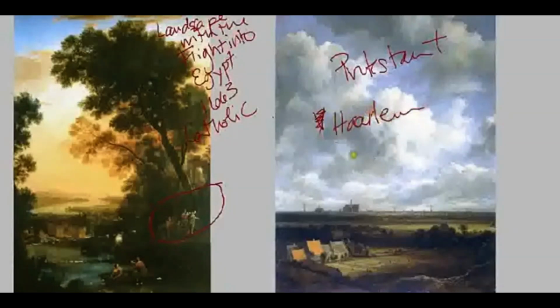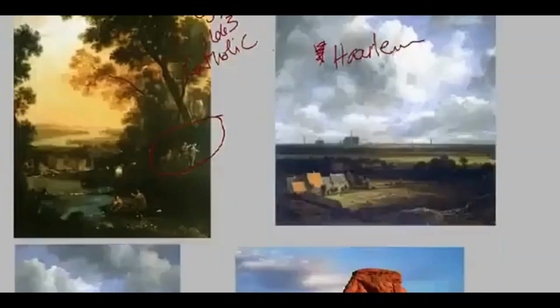If you were from this place in the 17th century, you would see this and know what you were seeing. Whereas with Claude, it's a little unclear. This seems more like a fantasy world, not necessarily an immediately recognizable place. And landscapes really can do and say a lot of different things. And I just want to show you a few images to hit that point home.